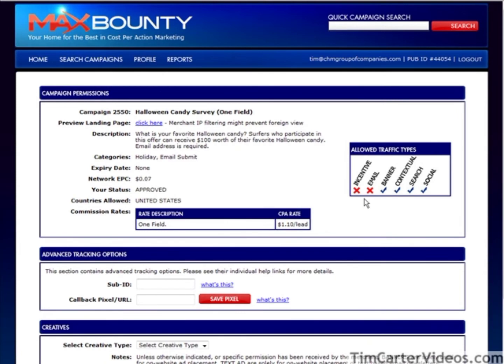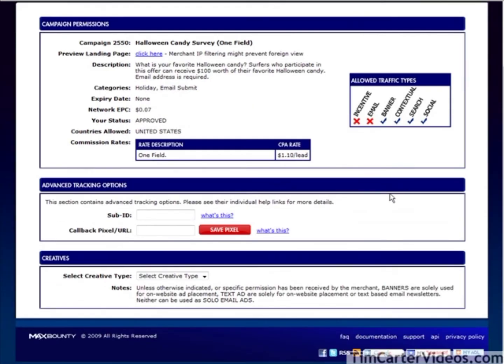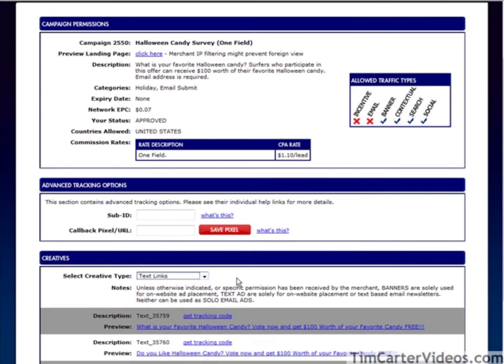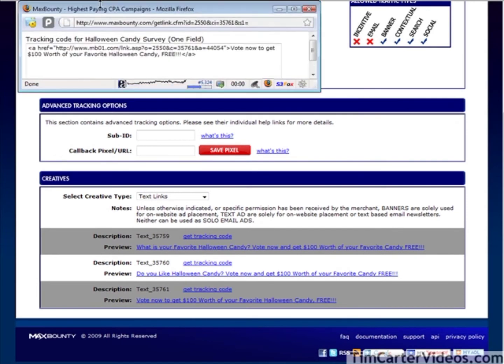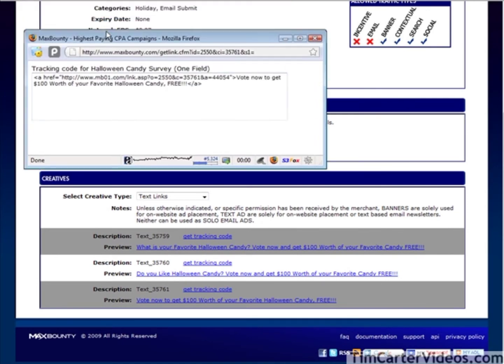Okay, here's the terms over here. No incentivized traffic, no email submits, no email marketing, and then you can use these other ones. So that's okay for us. We get $1.10 per lead. So we can go down here and get our text link. Okay, so I'm just going to get this tracking code here. It pops up a little window for us. I'm going to grab this